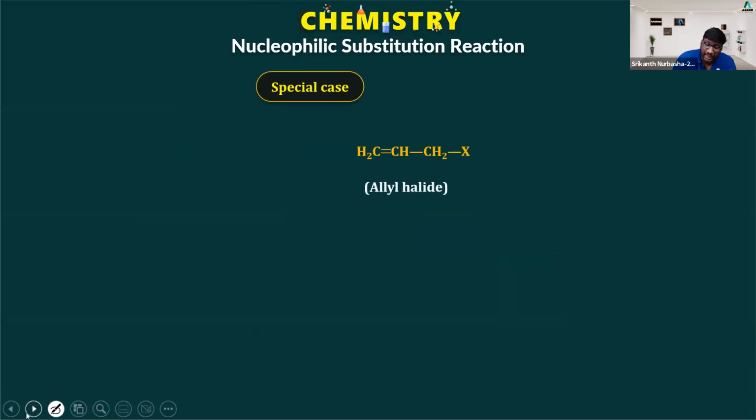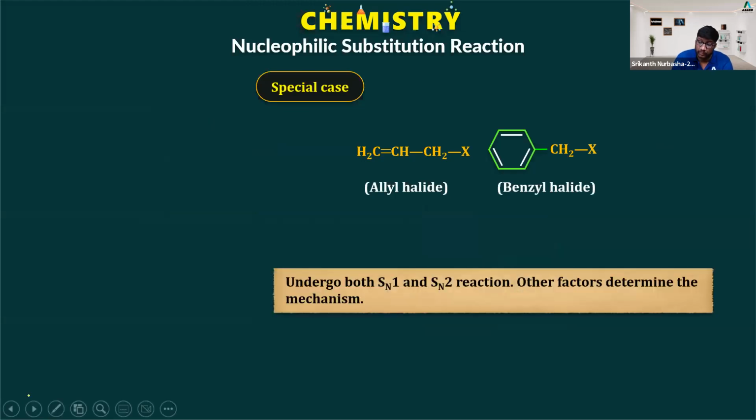Special case, allyl halide, benzyl halide, they will undergo both SN1 and SN2. As we have discussed, allyl halide, benzyl halide will undergo SN1 greatly because carbocations are more stable. They will undergo SN2 greatly because the nucleophile, as it attacks, is stabilizing the carbon-carbon double bond system. So other factors determine the mechanism. What are the other factors? Like solvent and